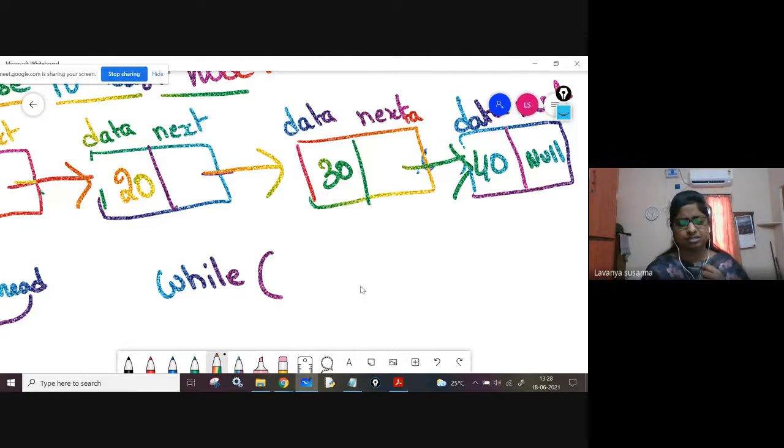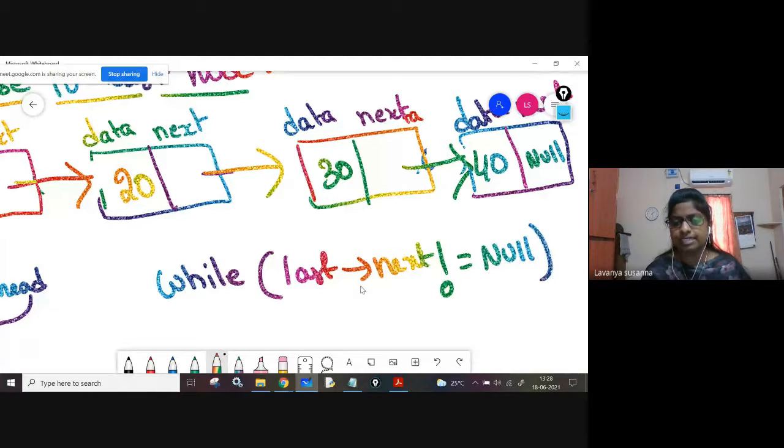Is that okay? So that's why last of next not equal to null means you are going to traverse. If it is equal to null means you are at last node, you are going to stop.